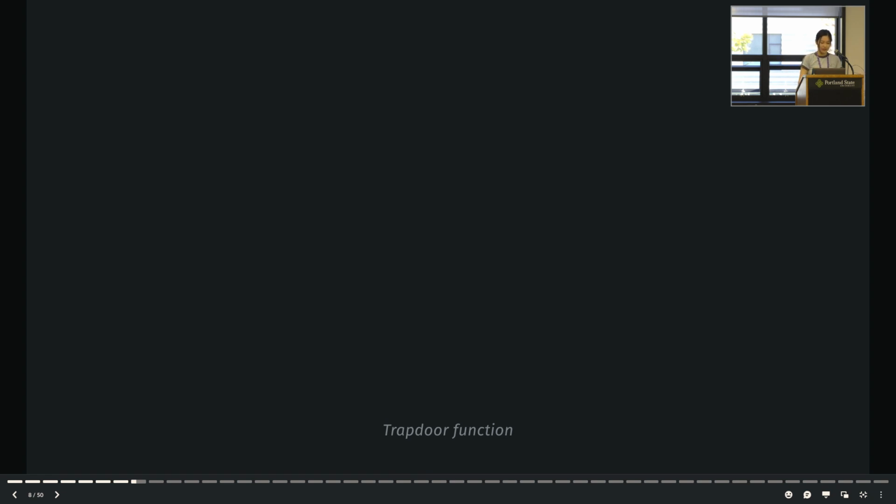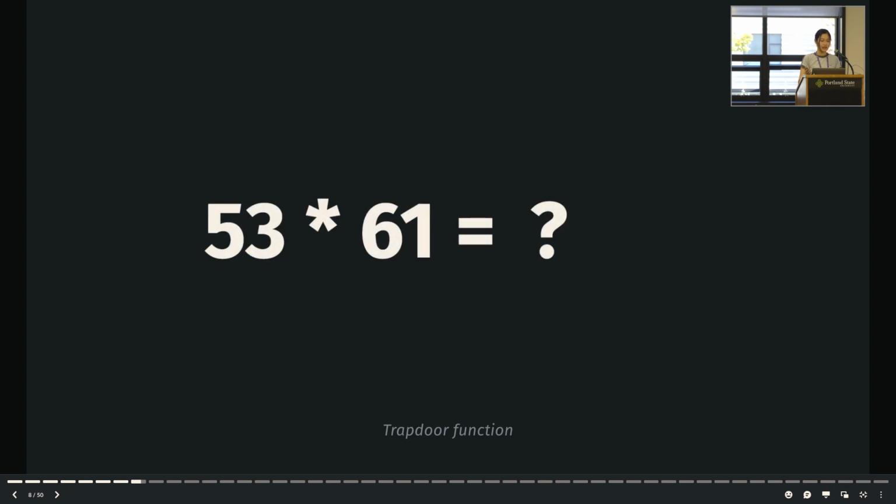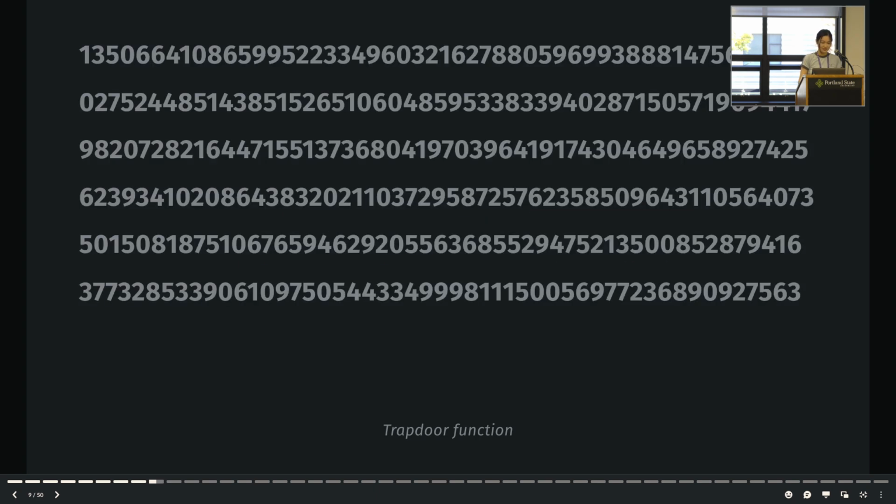Imagine multiplying two prime numbers, for example, 53 and 61. It's easy to calculate the product even manually, which is 3233. But if I give you a large enough number and ask you to figure out which two prime numbers were multiplied to get this result, it will be extremely difficult. What you see here on this slide is a product of two large prime numbers. Factoring this 24-bit long number could take 1,000 years, even with the most powerful computers we have today. This is the backbone of how asymmetric encryption like RSA works.